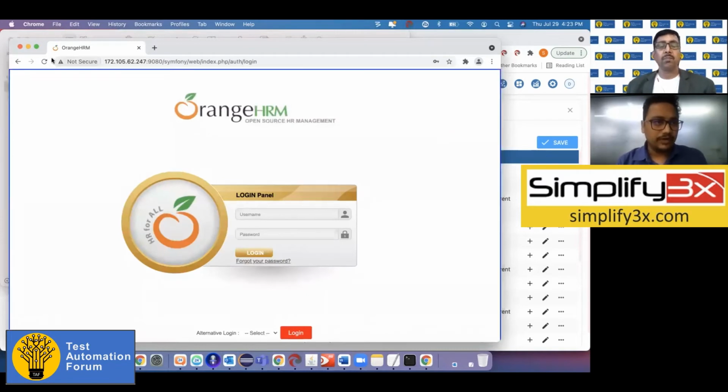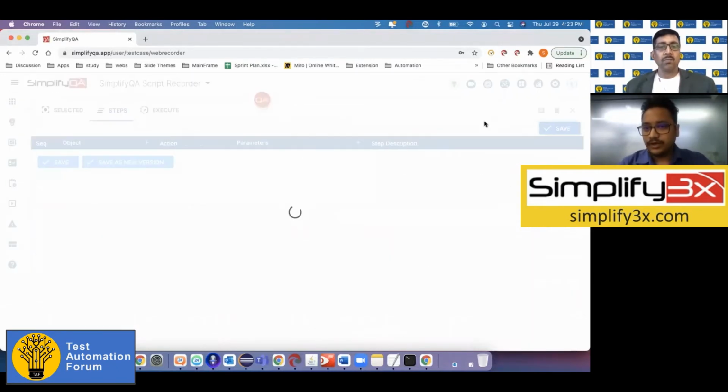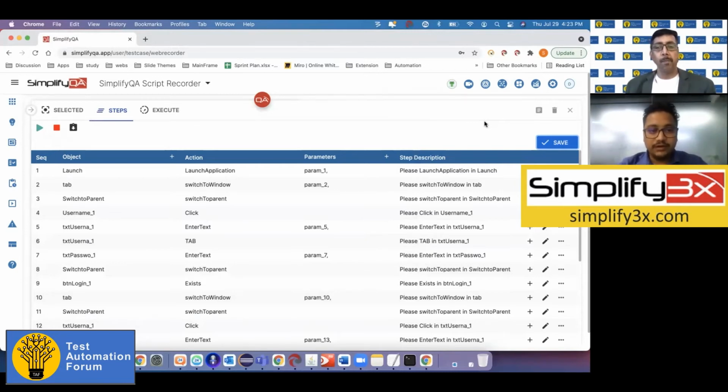Okay, so here it is. I quickly did a small scenario wherein we launched an application. We tried a negative scenario wherein I gave a wrong username credentials, and we got a failed message, validated that. We got into the application with the right credentials, searched for an employee. The employee was present, validated whether the employee name is queried correctly or not, and then logged out from the application. And here on the screen, what you see is the test case which has been created while I was